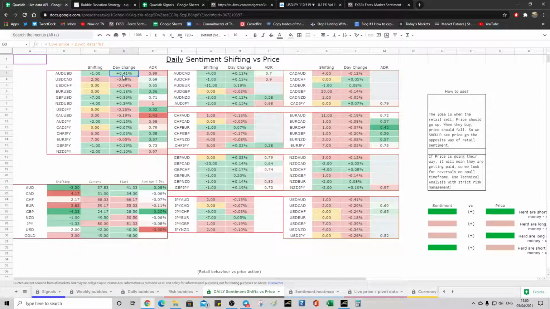The reason for what would happen is that if the retail guys continued to go one way and then they got punished, they would give up. So as we get closer towards the end of the week, we'll see price go not against them but with them. And this is why we want to try and wrap up the signals Wednesday, Thursday latest, because what happens is that they simply don't want to deter the retail participants.